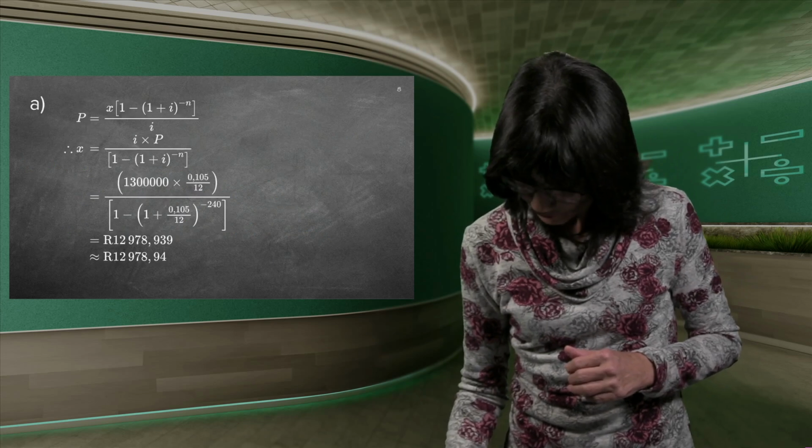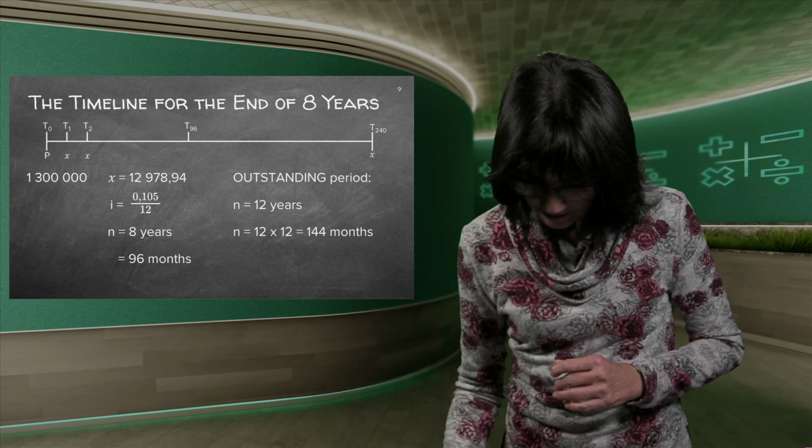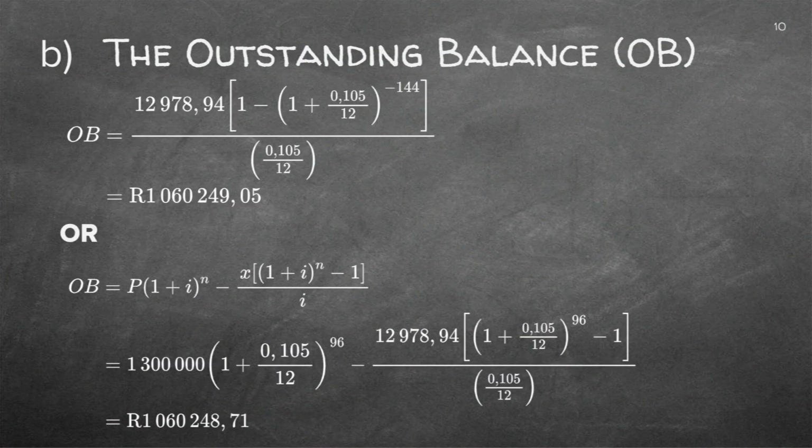And I think the rest was not written on. Good. So there was A's answer. There was the preparation for number B, the outstanding period. Now, I just want to show you the different method. Or, let's just get the pen. Or, at the bottom here, you can see this is the A minus the F. If you think about it clearly, the A is your loan times the interest that you got for 8 years, minus the payments that you made for 8 years, and that gives you exactly the same answer.